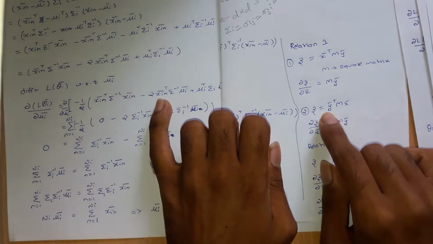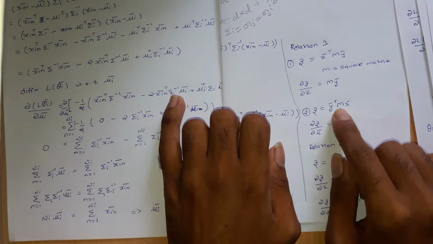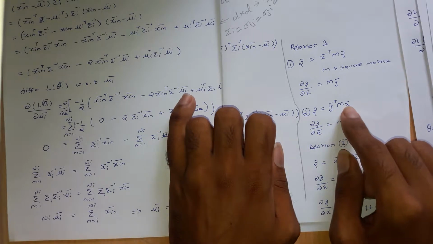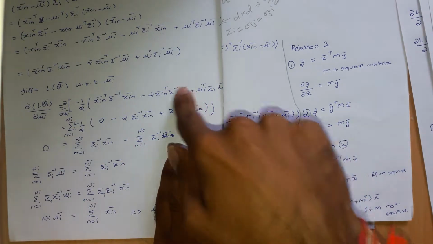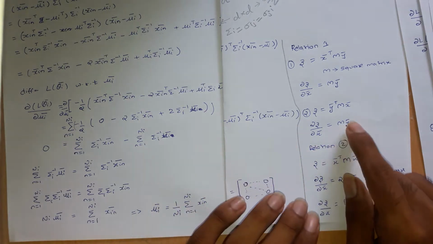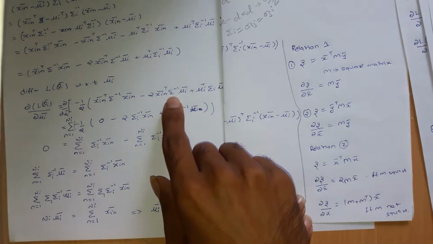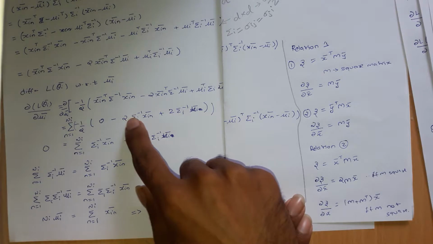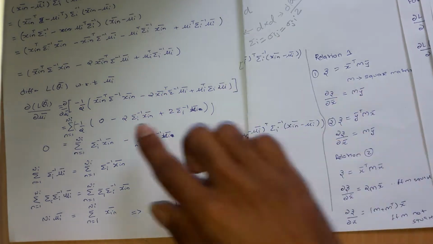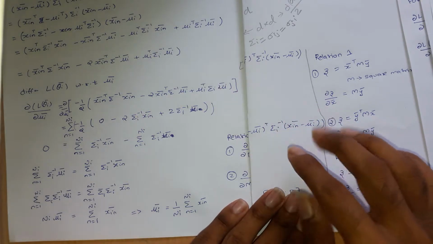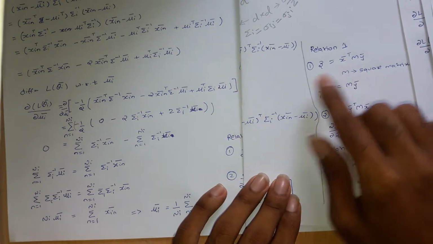So x is y over here, m is the square matrix, and here x is what we are differentiating with. So for this the result is simply m into y bar. So m, that is our sigma inverse, into y bar, that is y is this, and 2 is a constant, so it will be as it is. Next what we have is